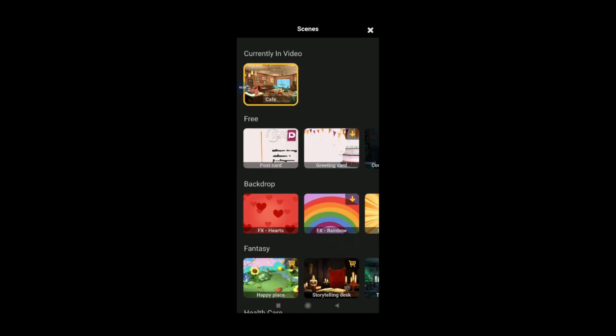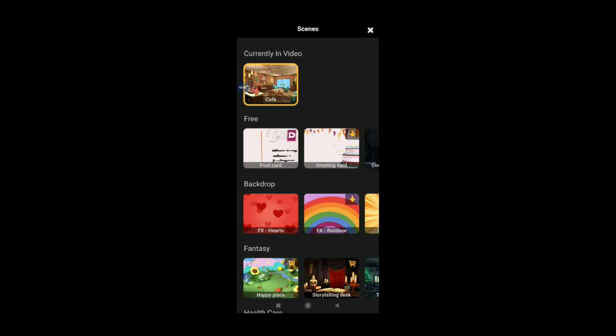First of all, here a cafe background is given. If you want to change the cafe background, just click on the top. Just look here, cafe, written CAFE. Just click there. We will get a lot of free backgrounds.